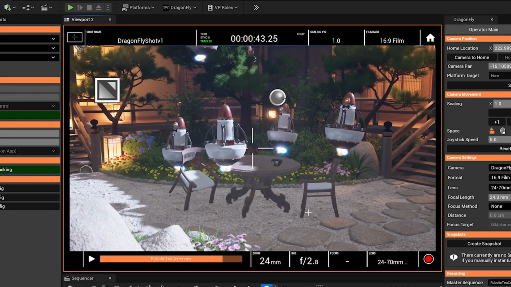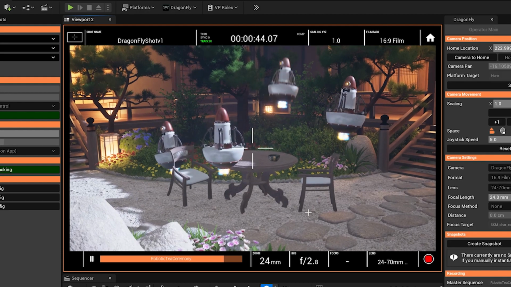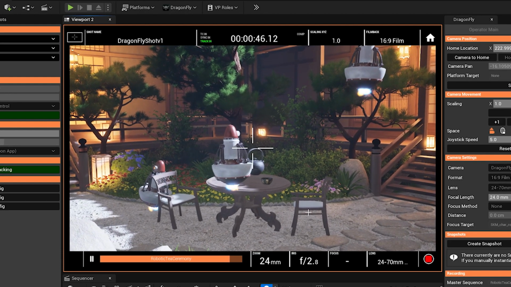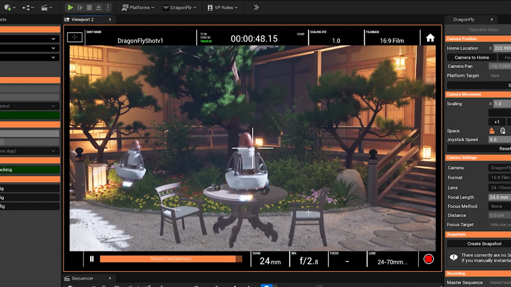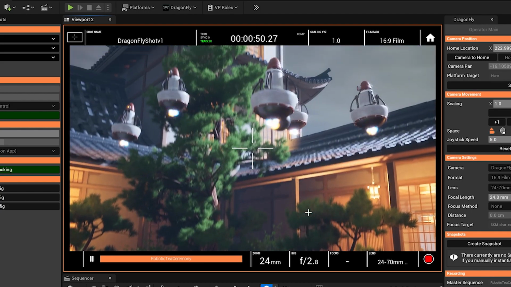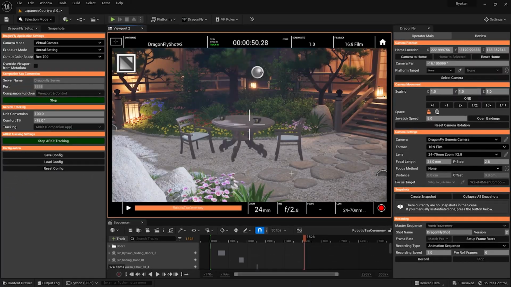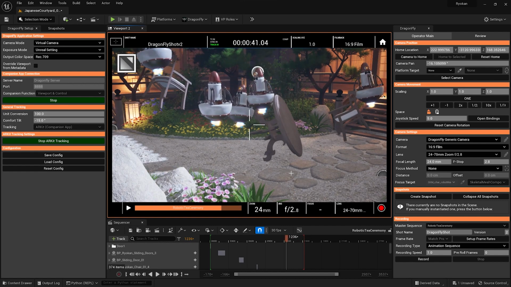And when we create a shot here, you can see that the sequence also plays back automatically because it is selected in Dragonfly. Again, you don't need to have a master sequence selected for Dragonfly to be able to record, but if you are working with animation, this will help you throughout the whole workflow.